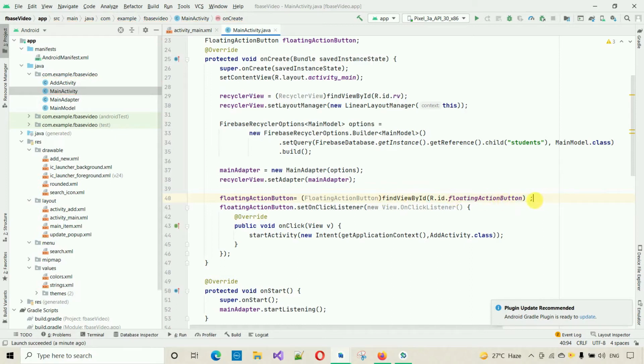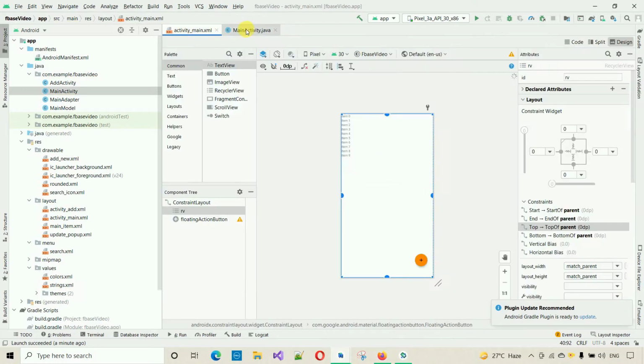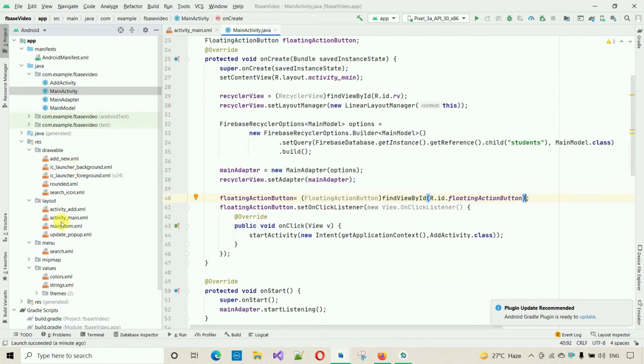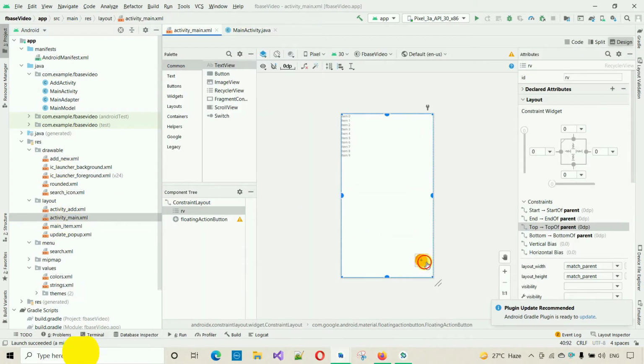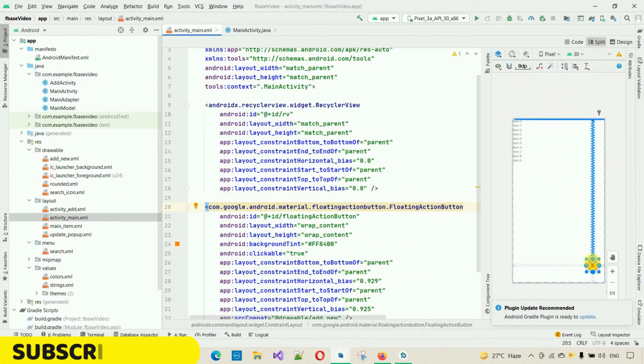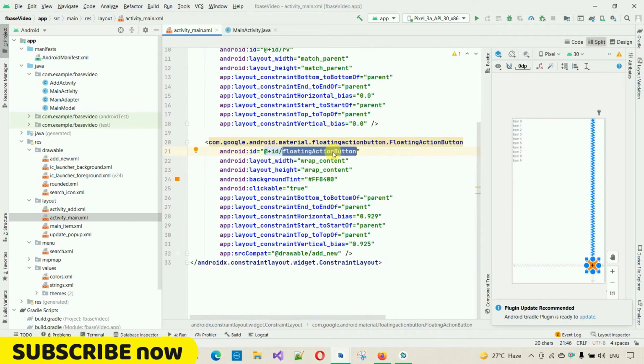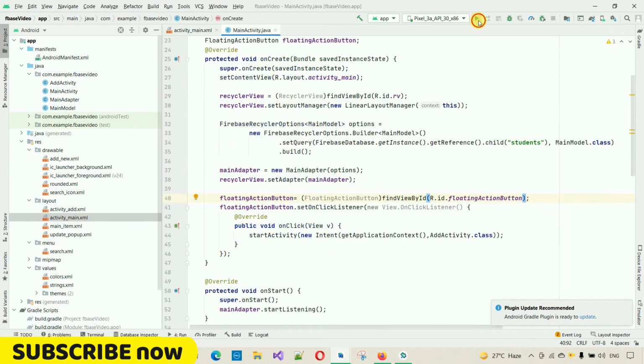Okay, so the id for this floating action button is set by default whenever we drag and drop it. Let me just show you that in the main activity main, when I click on this and go to split code, here you can see this floating action button id is set by default inside this one. We haven't set the id, but it's set for this one. Okay, now if we start this,